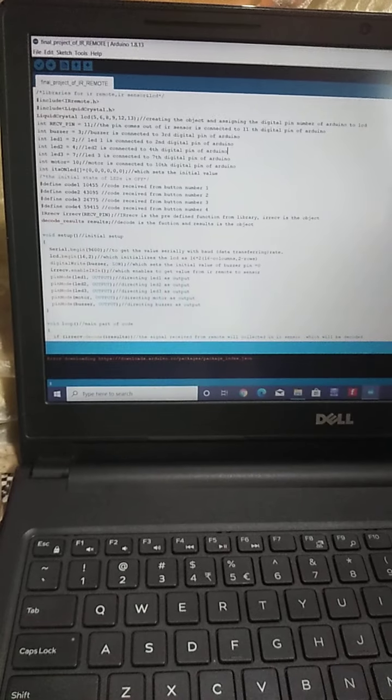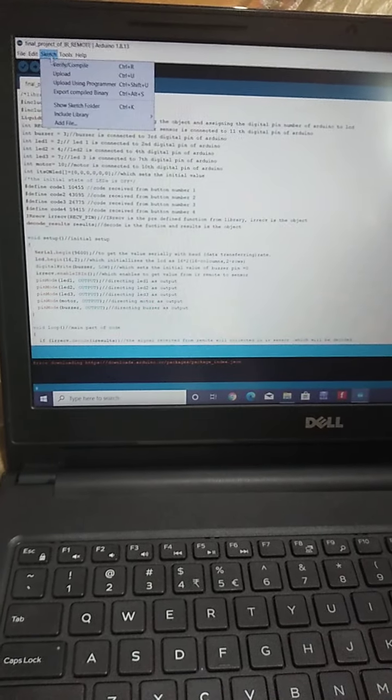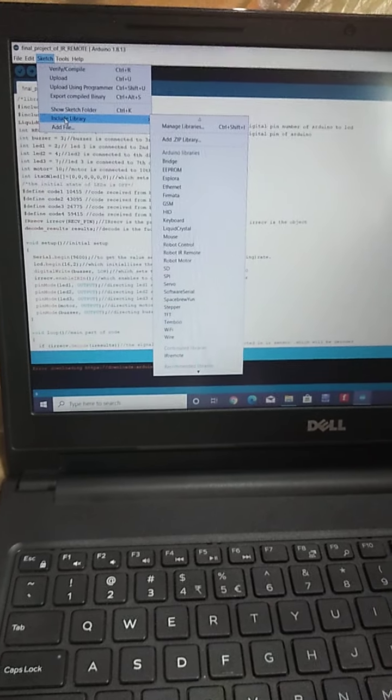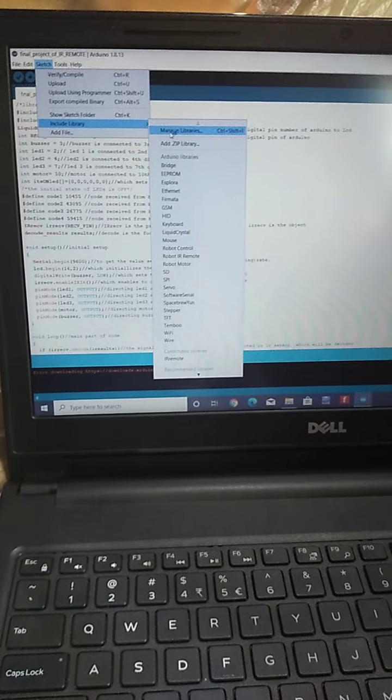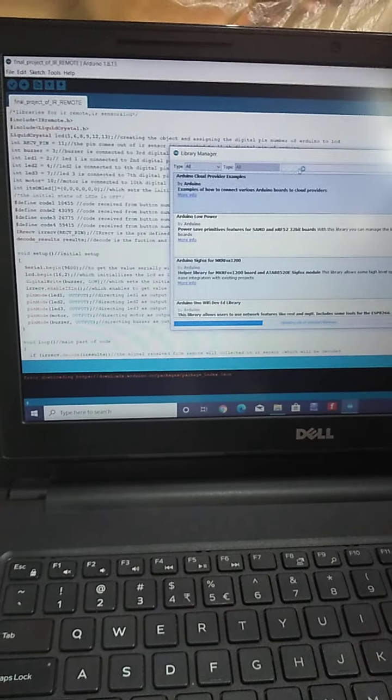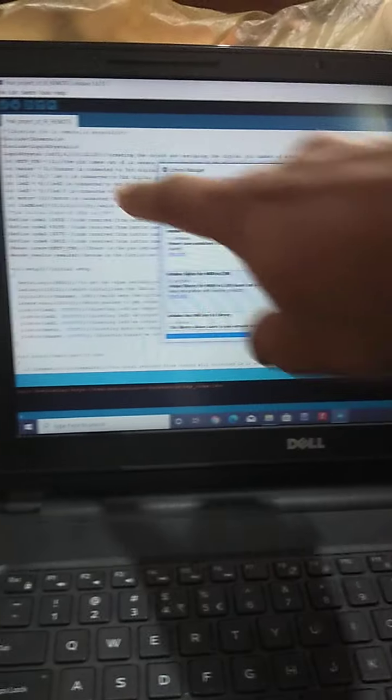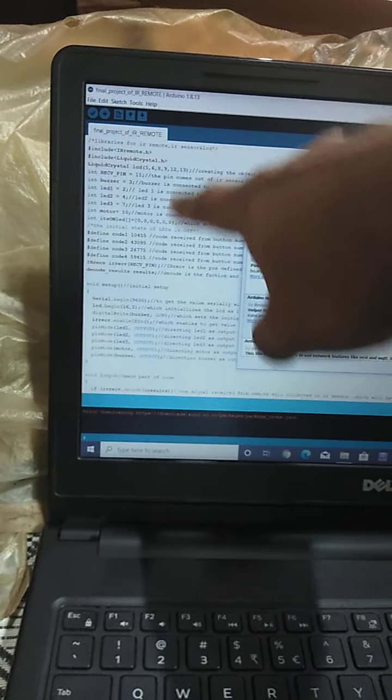For this program we require some predefined libraries, which are obtained from Sketch, Include Library, and Manage Libraries. In Manage Libraries we can search for 2 predefined libraries, IRremote.h and LiquidCrystal.h.